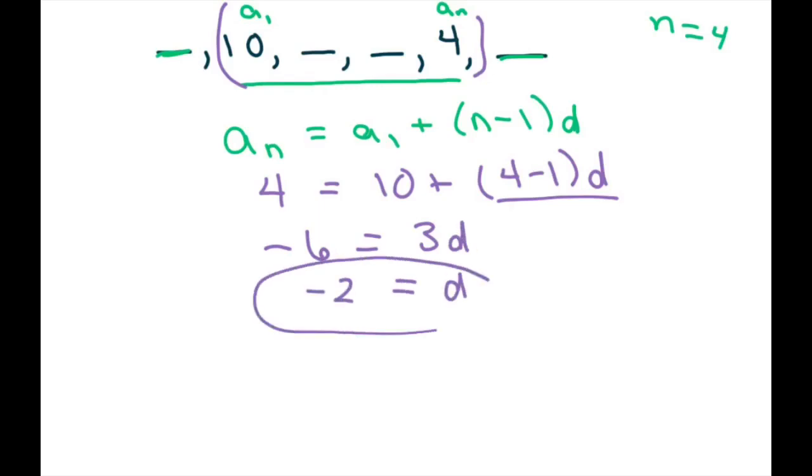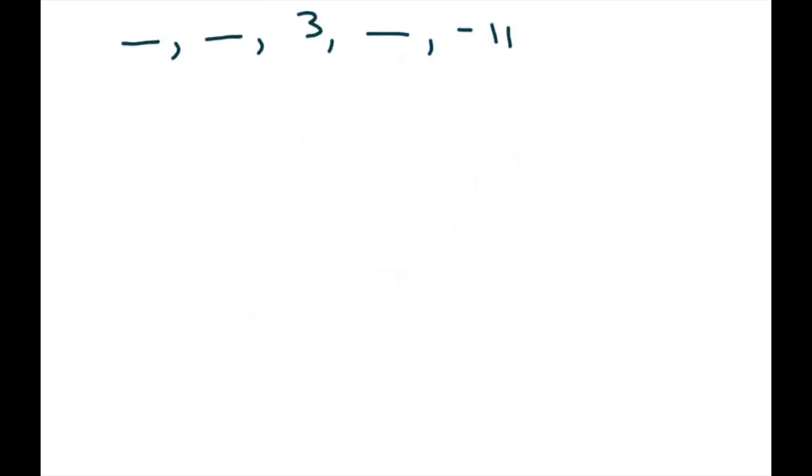So once you have that, you can fill in the rest of this. So 10 minus 2 is 8. 8 minus 2 is 6. 6 minus 2 is 4. 4 minus 2 is 2. And for this part, I'm just going to add 2, and that gives you 12. And then you have your list. Okay, the next one